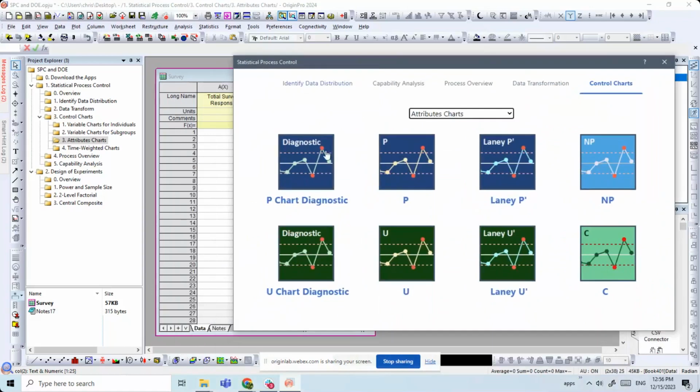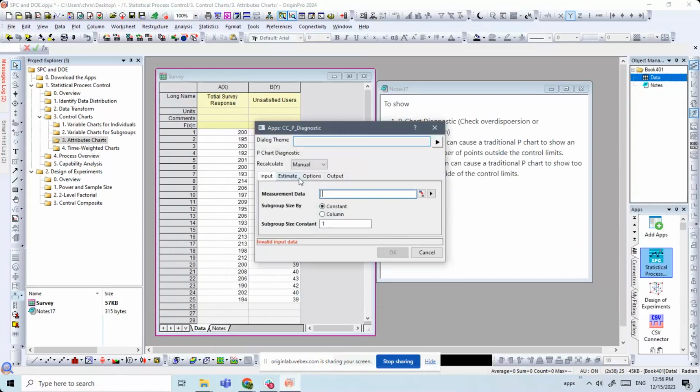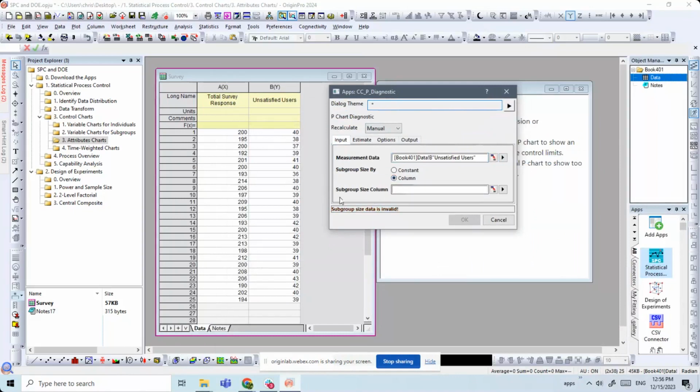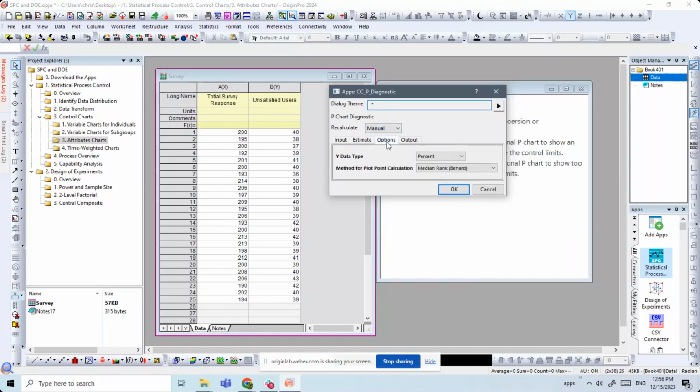Let me quickly show you that we support this p-chart diagnostic. If I click that, for the input, the measurement data should be the number of responses that are unsatisfied, which is column B, and we set column A as the group size, which is the total number of responses received. There are other settings, not very important. If you just click OK,